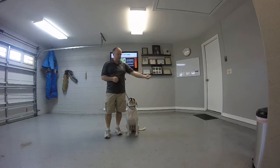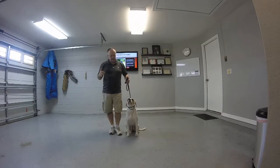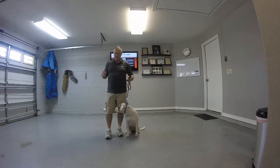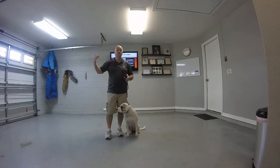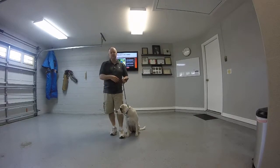Just lots of good leash work, asserting influence. So even if she's moving towards you, still assert some influence through that leash anyway. I use the example of a wave cresting right over another wave. The first wave is her movement coming in, her responding. The second wave is me pulling on the leash. So she still needs to feel that I'm in control through this exercise. It's very helpful. So again, she's doing really well. This is an exercise I'm going to be working on